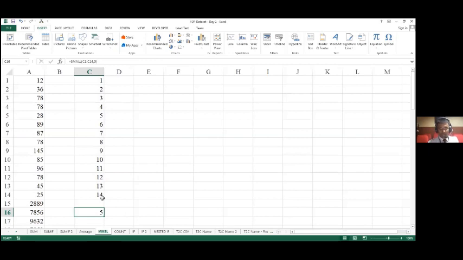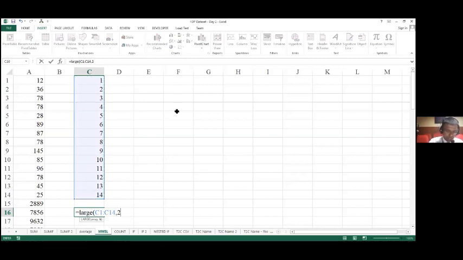Now let's try and learn the function large. Large is just the opposite. We will find out the number at a certain position from the largest number. So let's say I want to find out the second largest number in the series. I define my range and I specify 2.